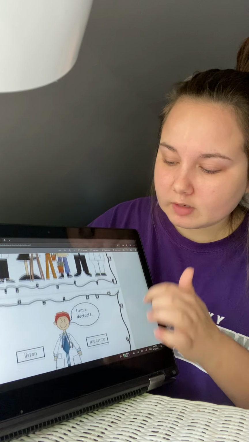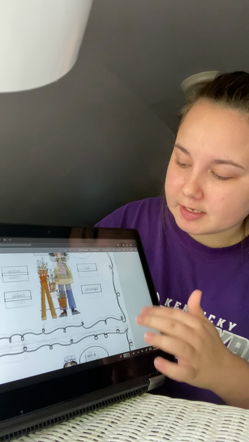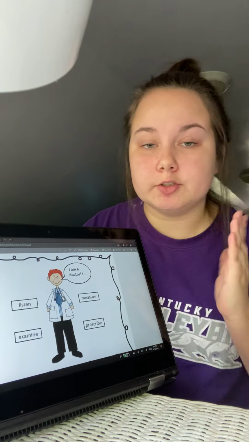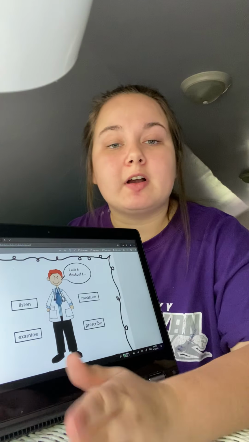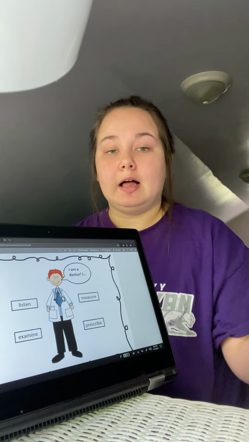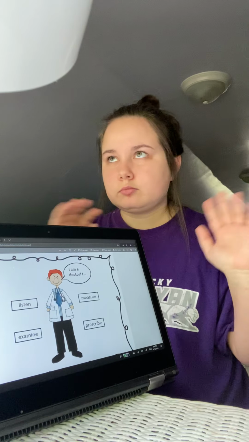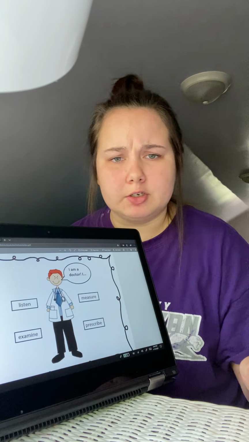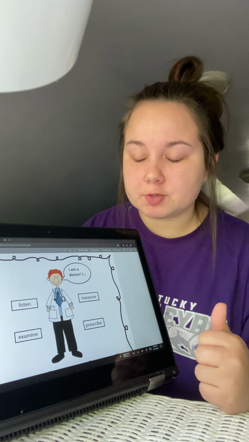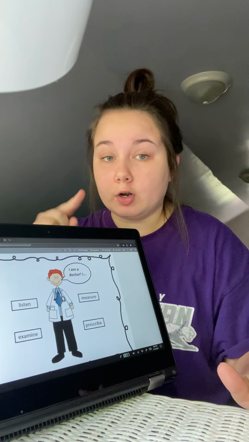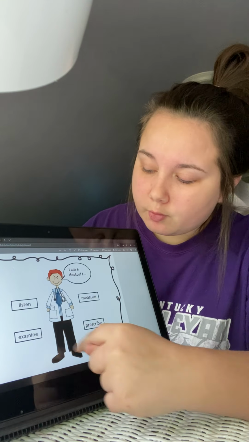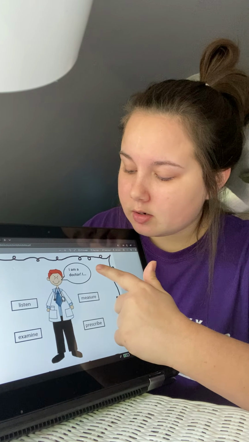Now, if you notice the first 5 pages, you don't actually have to do anything to it. These first 5 pages are going to help you fill out the remaining 4 pages that you have to do. So on these 5 pages, we see 5 different people, 1 on each page, and we see 4 words around it. And then up here, it says, I am a